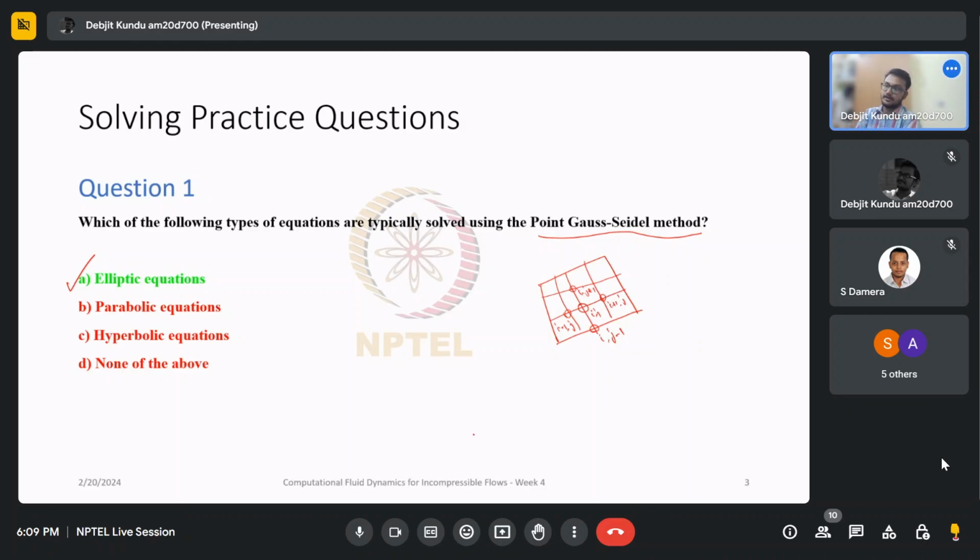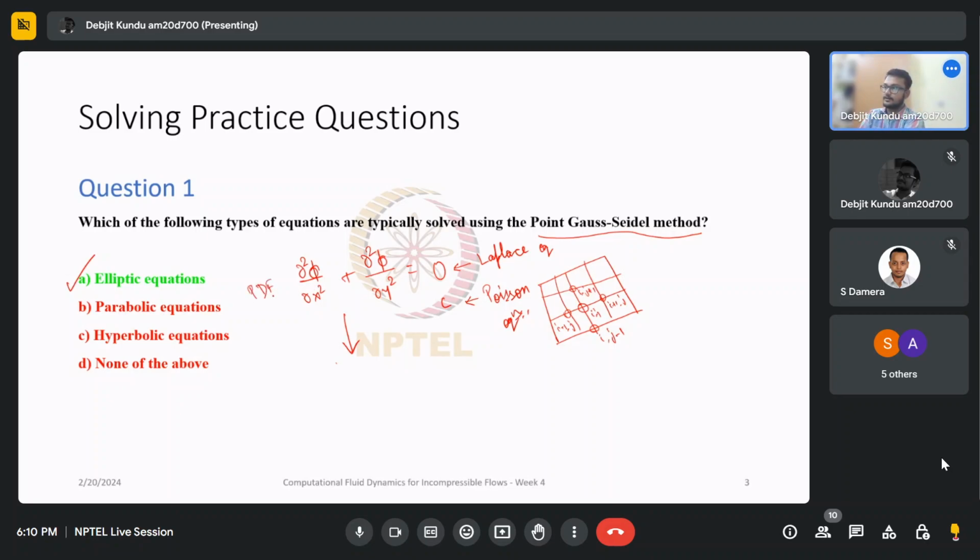Then, elliptic equations are usually of the form like this: dou 2 phi by dou x square plus dou 2 phi by dou y square equal to either 0, in which case this is known as a Laplace equation, or if this is some value, then this is known as a Poisson equation. So let's say for the case of the Laplace equation, we discretize it and convert this PDE, a partial differential equation,